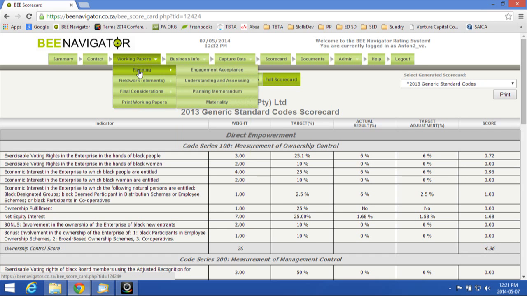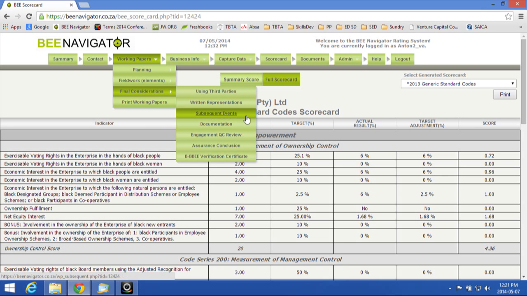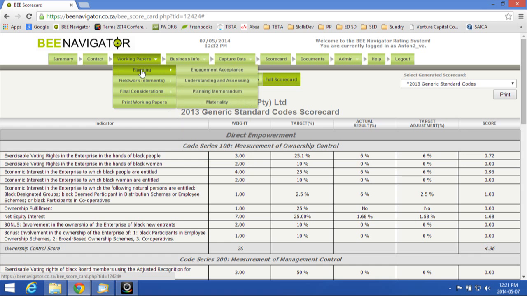So planning addresses engagement acceptance, understanding and assessing the client, your planning memo, and materiality. Fieldwork, there are fieldwork pages for each of the 7 elements. Final considerations, based on the SASSI, addresses using third parties, getting written representations, looking at subsequent events, are your documentation in order, did you select a quality control review, what's your conclusion, and the BEE certificate being issued at the end. So if we look at planning,